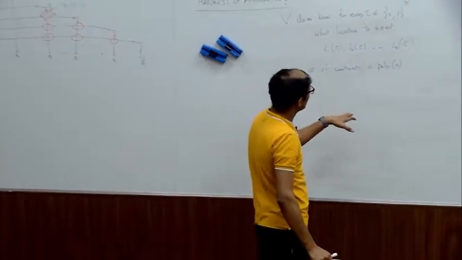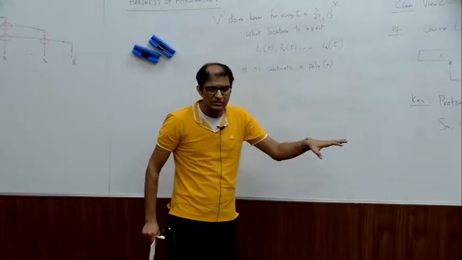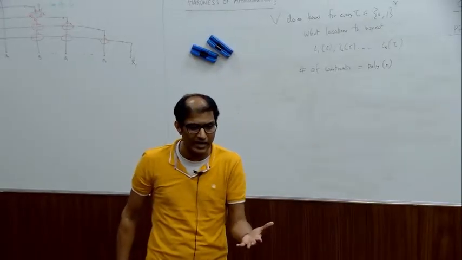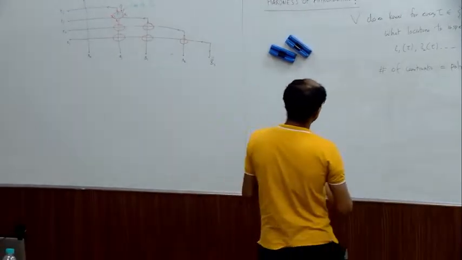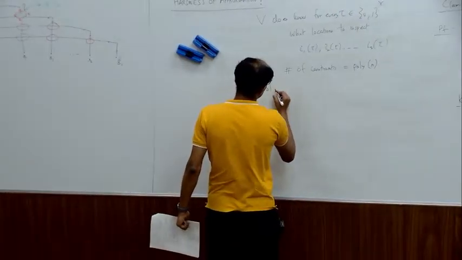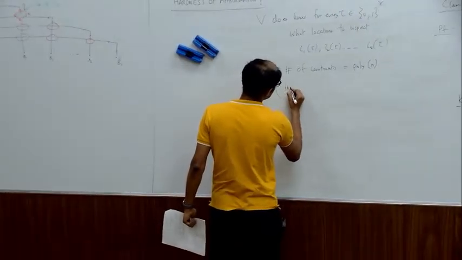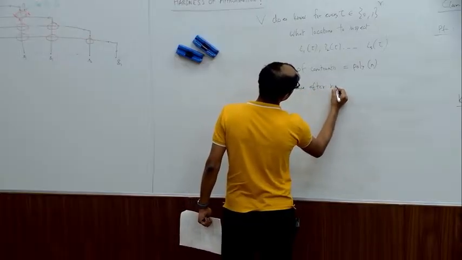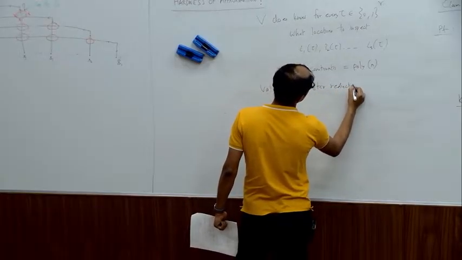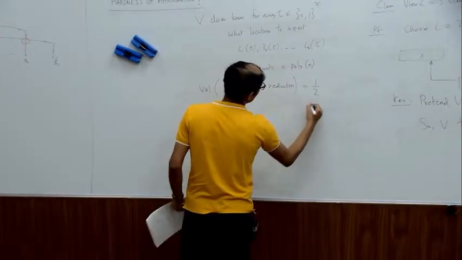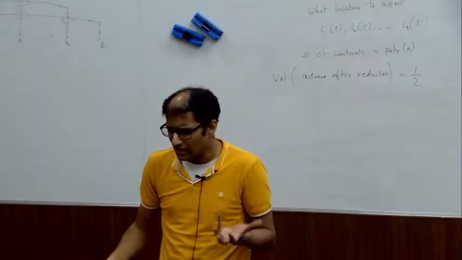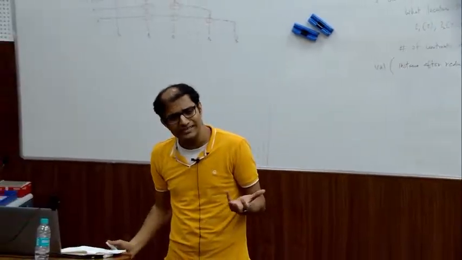Each constraint is a q-uniform hyperedge, right? And at least half of those edges get broken no matter what assignment you try. Okay? So the value of the instance after reduction is actually 1/2. But now you realize that this is like our classic problem from Mike Sipser, that